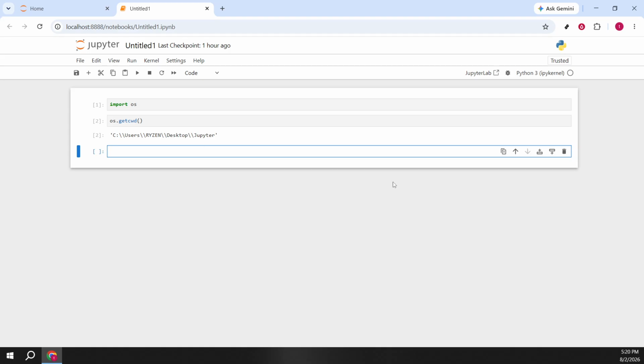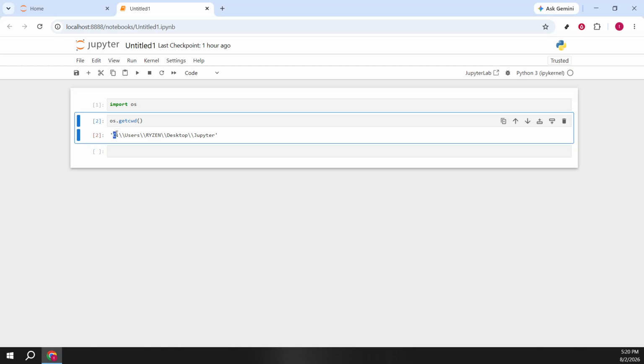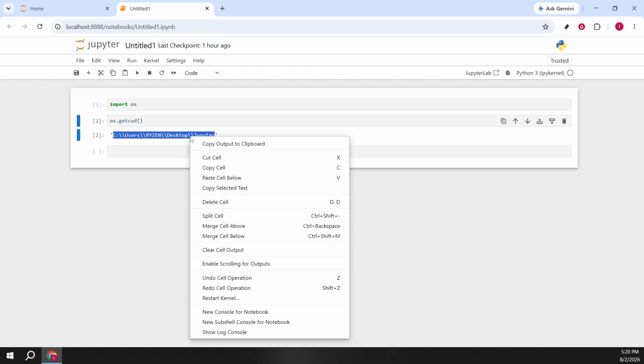Why this matters: any file you open or save without a full path is relative to this location. If you save a notebook or a dataset, it will land inside this folder unless you specify otherwise. If you need to find that folder outside Jupyter, copy the output path and open it in your system's file explorer. That's it. You've opened Jupyter, created a notebook, and used a simple Python command to reveal exactly where your